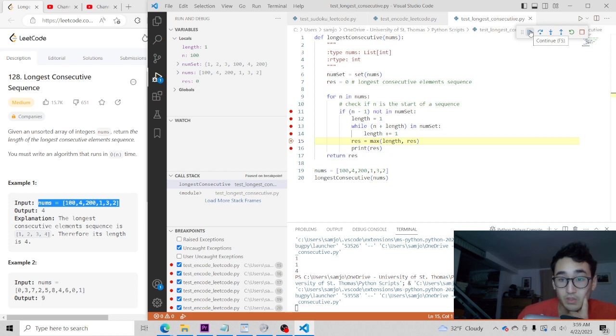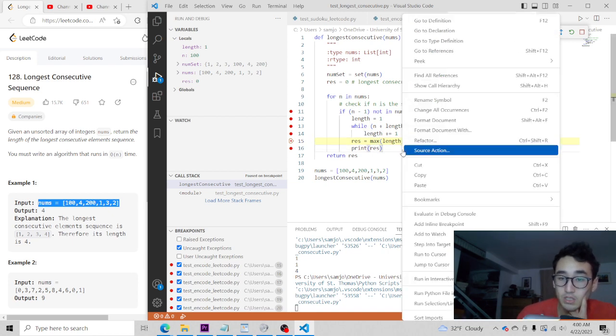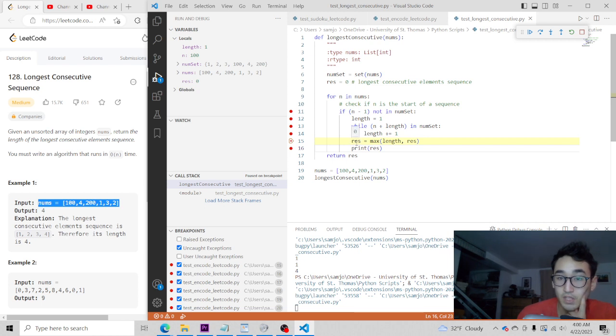We get result is the maximum of length and res. What max does, which I have just figured out in this very second, is it checks if the length that is being passed into this method is bigger than res.